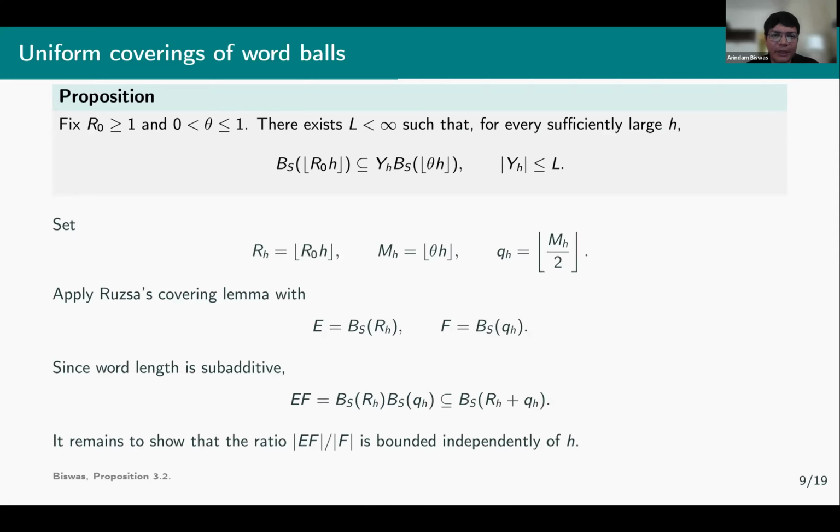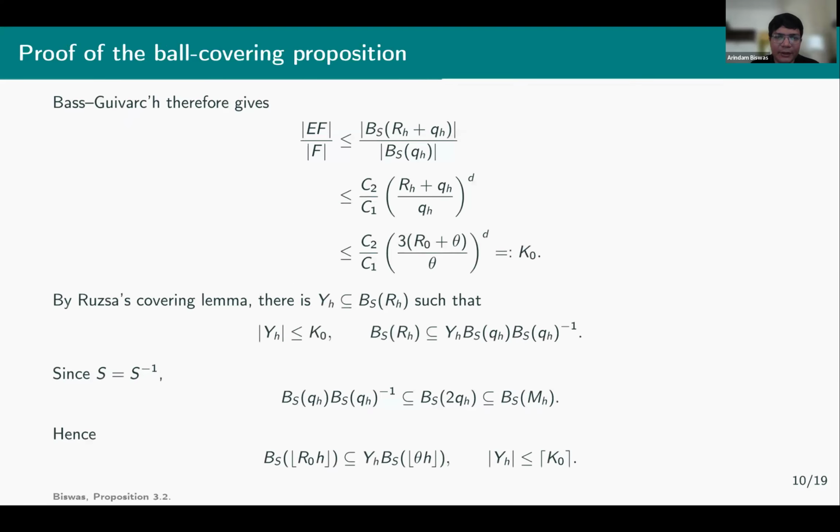So the proposition will be that, if you fix an R0 and a theta, then there will exist an L which is less than infinity, such that for every sufficiently large H, the word balls of size at most R0 times H will be contained in some YH, the word ball of size theta H. And this essentially follows from the fact that when you take the ratio of these two word balls,